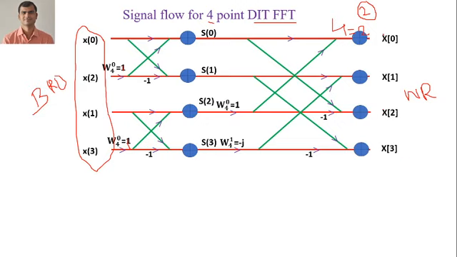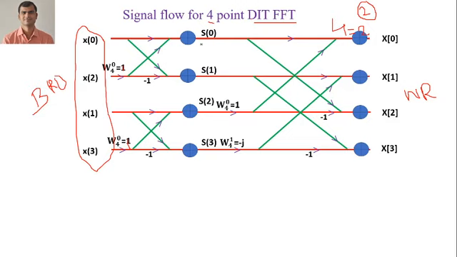Now the main thing is what? After doing this bit reverse order and x of 0, what are we doing here? We are converting the time domain signal into a discrete frequency signal. For FFT we are converting a time domain signal into a discrete frequency signal. Now DIT means what? DIT is known as decimation in time. So we are decreasing here the sampling rate. Decimation in time is decreasing time. Okay, sampling rate we are decreasing here.